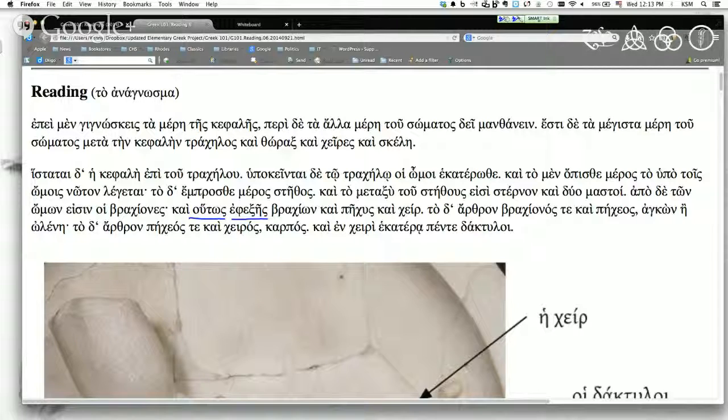The joint of the arm and of the forearm is the elbow. And the joint of the forearm and the hand is the wrist. And in the hand, five digits. On each side, on each of two hands,